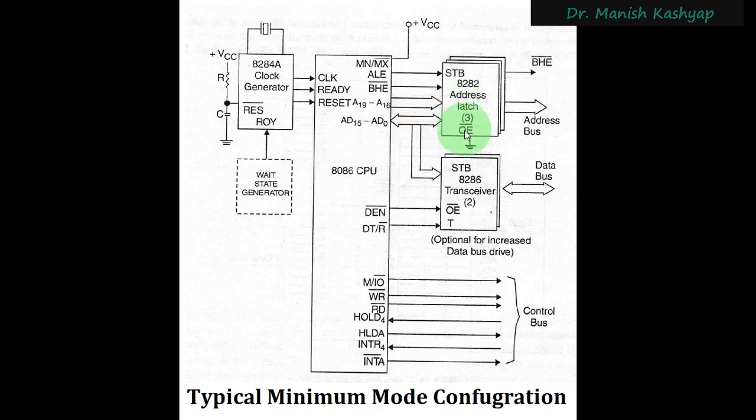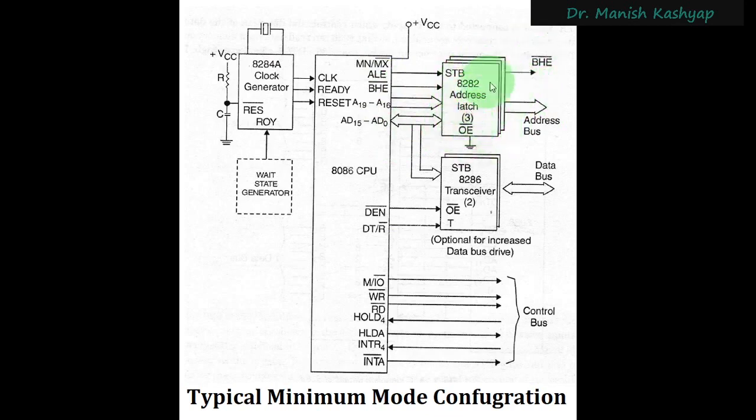The complete address bus has been taken, and whenever this ALE signal is activated, which we will see in the timing diagram, in the T1 state this ALE signal will be enabled and the addresses will be latched during that particular state. So this latch will be delivering us the address even after T1, because after T1, in T2, this address bus can contain something else. It might contain some data in T2, T3, and T4 states. So for this purpose, we are using this 8282 address latch.